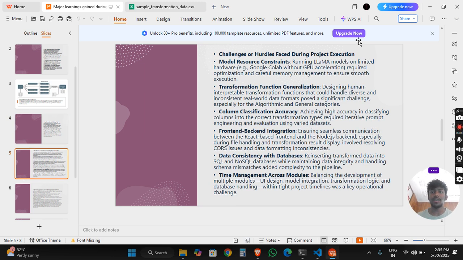Challenges and hurdles faced during the project evaluation. We faced small problems which wasted so much of our time, because of running Llama models on limited hardware. Suppose we have Google Colab with only a limited GPU, which is required for our optimization to ensure smooth execution of transformation function generation. And on column classification accuracy, with the help of the classifier, we can classify our columns with high accuracy into the correct